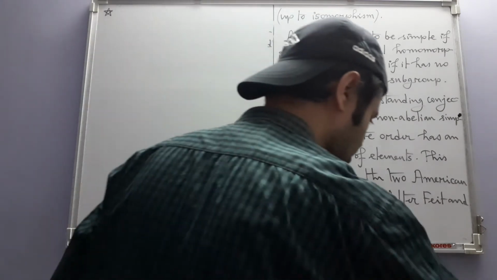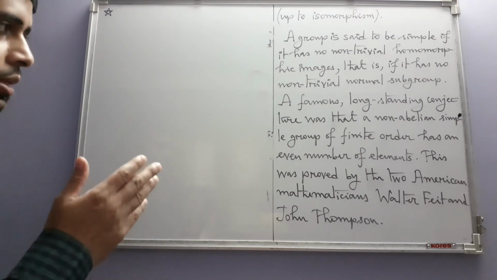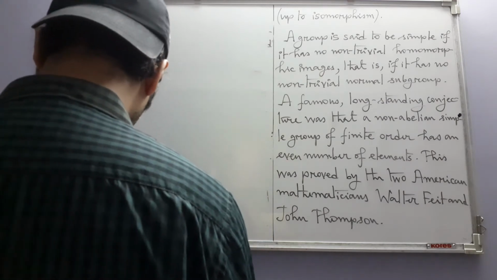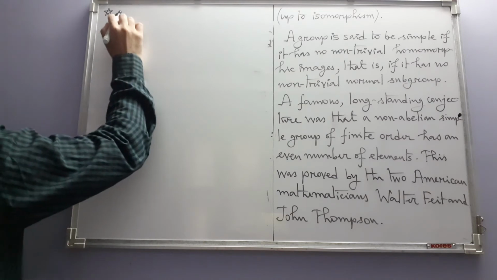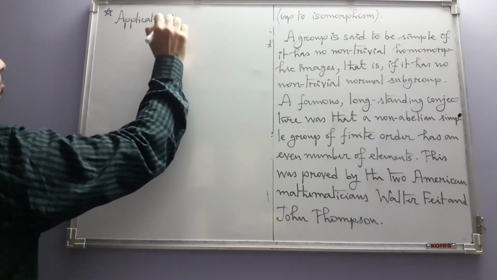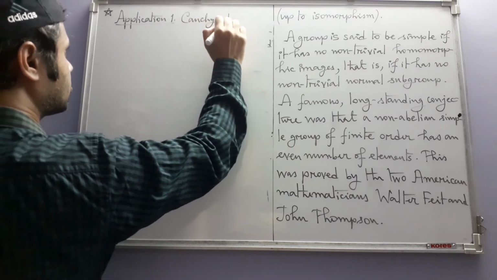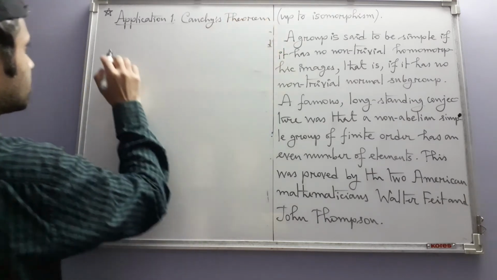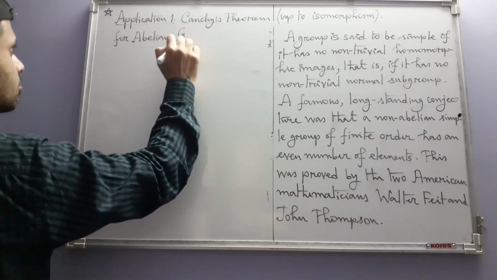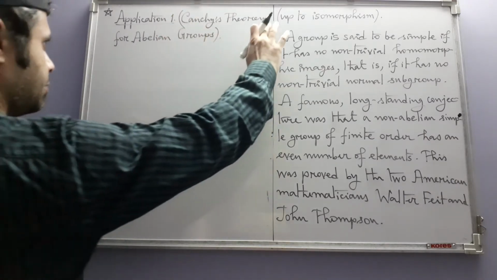The applications are of course two results. The first one is Cauchy's theorem for abelian groups and the second one is Sylow's theorem for abelian groups. Application 1: Cauchy's theorem for abelian groups. Okay, the statement of this theorem is this: